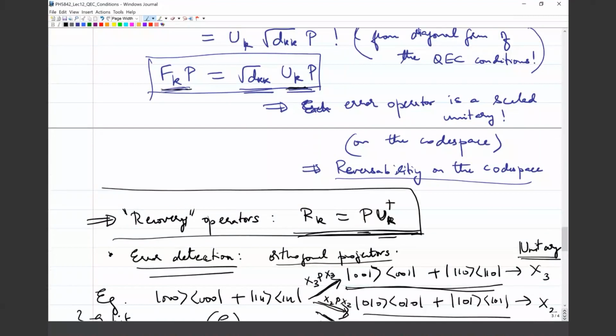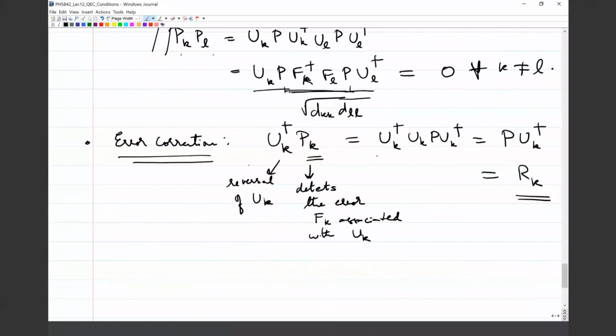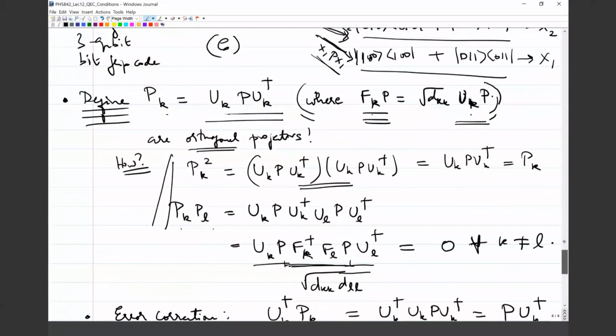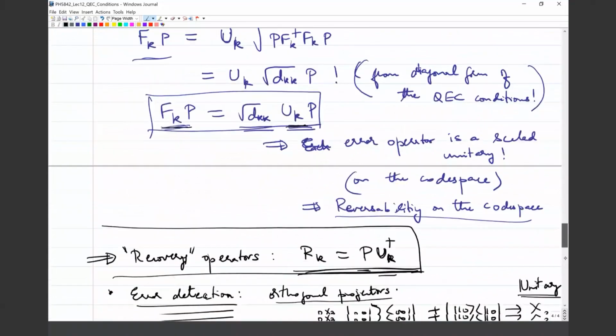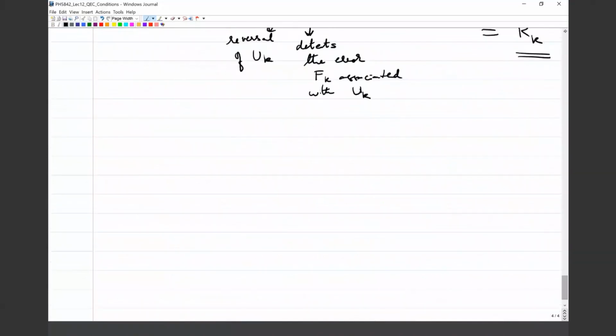You can break it down as a product of an orthogonal projection times the inverse of the unitary operator, but the math will tell you that this is nothing but this itself, which is PUK dagger. So that's it. I have identified a recovery operator. So the last step is to show that,